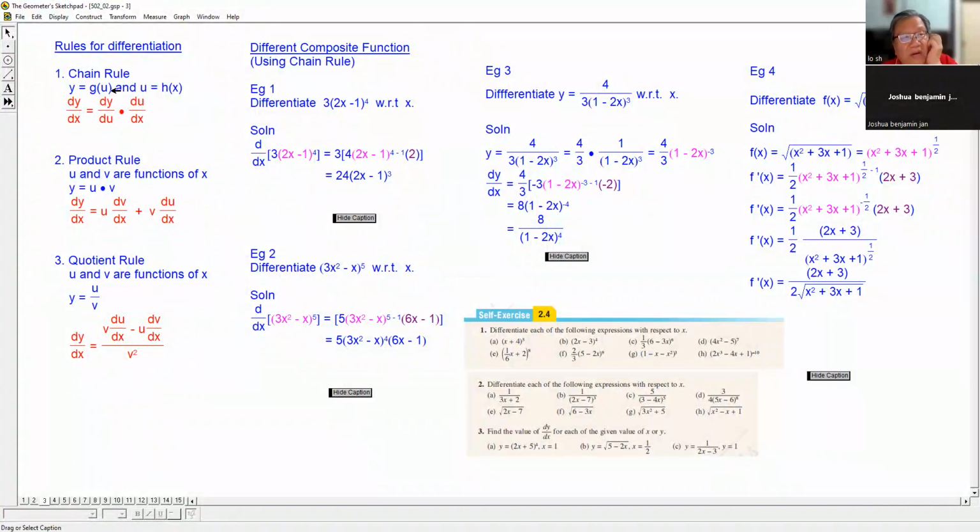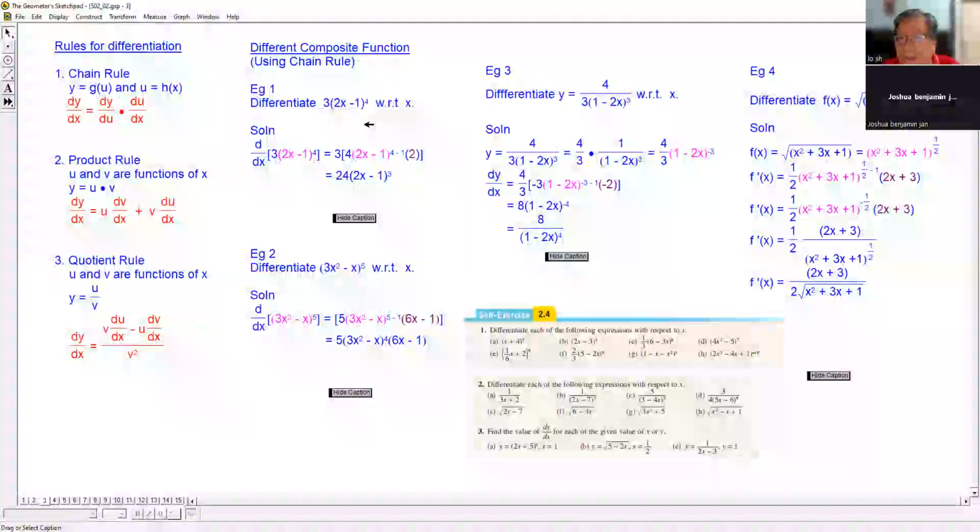Differentiate using the chain rule. What is this chain rule used for? Under what condition or what type of question we differentiate using the chain rule? What type of question? So the type of question that you use the chain rule is this type, where you have a bracket and the bracket is raised to the power of 4, raised to the power of -10,